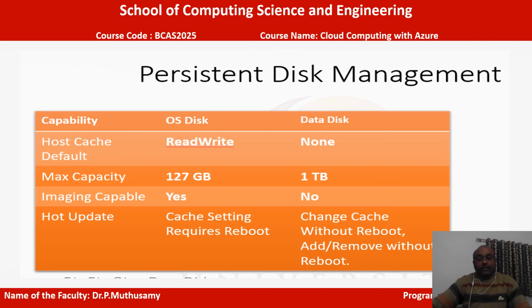Max capacity, for example, 127 GB and maybe 1 terabyte. Imaging capable: yes for OS disk, no for data disk. Hot update: cache setting requires reboot, change cache without reboot, add or remove without reboot.